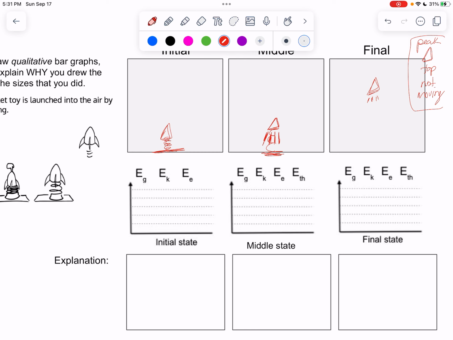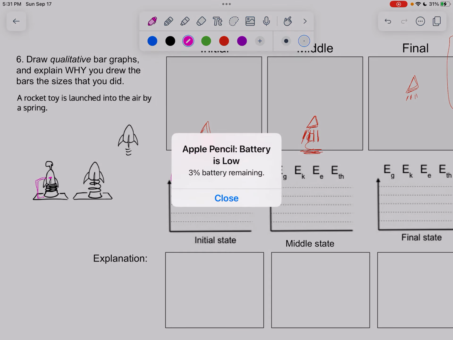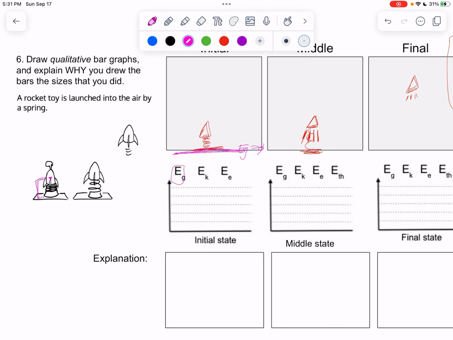All right, so I want to ask myself these questions. EG, okay, is the rocket above the ground? So I'm going to just call this ground level. EG is 0 there, and since I'm looking at the middle of the rocket, I am going to say that this is a little bit off the ground, okay? So I'm going to give it a little bit of EG. So EG, slightly off the ground,